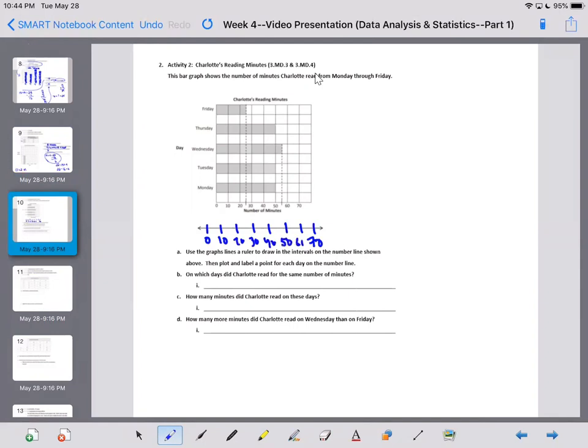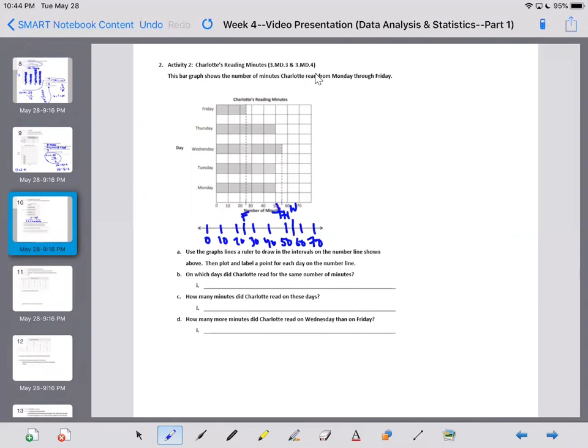And then we could say, well, Friday has 25. So Friday's going to be somewhere here. And then Thursday has 50. So there's Thursday. And then Wednesday is 55. So Wednesday is going to be somewhere there. And then Tuesday is going to be the same as Thursday. And then Monday is going to be the same as Thursday. So you got Monday, Tuesday, and Thursday